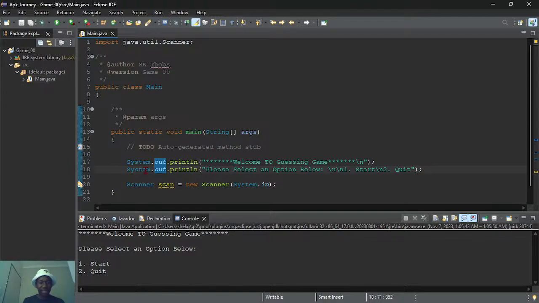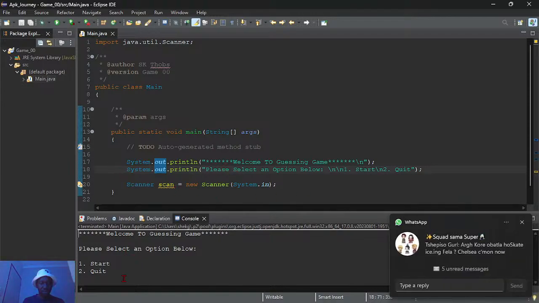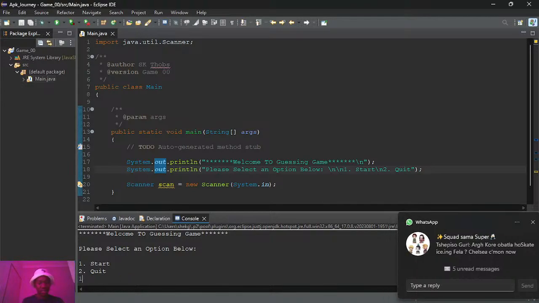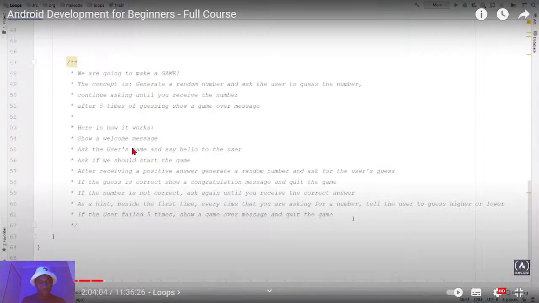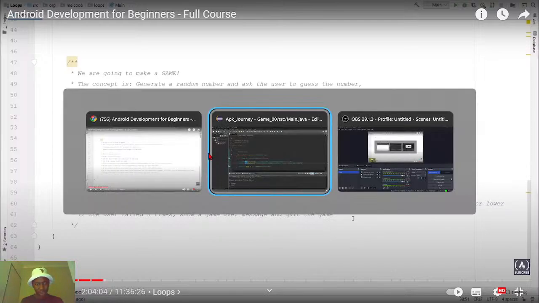Besides this line here, this line will be used for other purposes. So this is how it's going to look, and here the user will have to input one, which I will do later. But before that I must add the part where the user enters their name. The application is supposed to ask what is your name, ask the user's name, and say hello to the user.